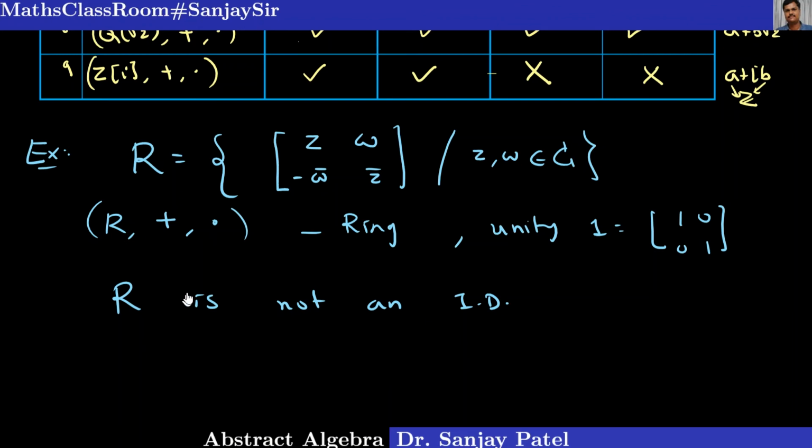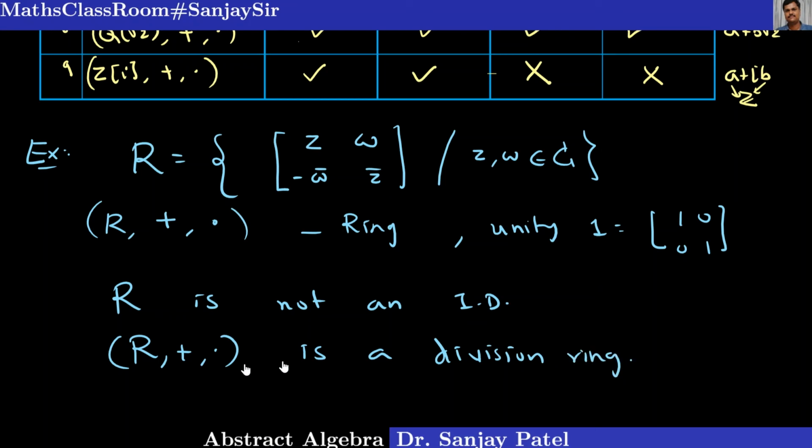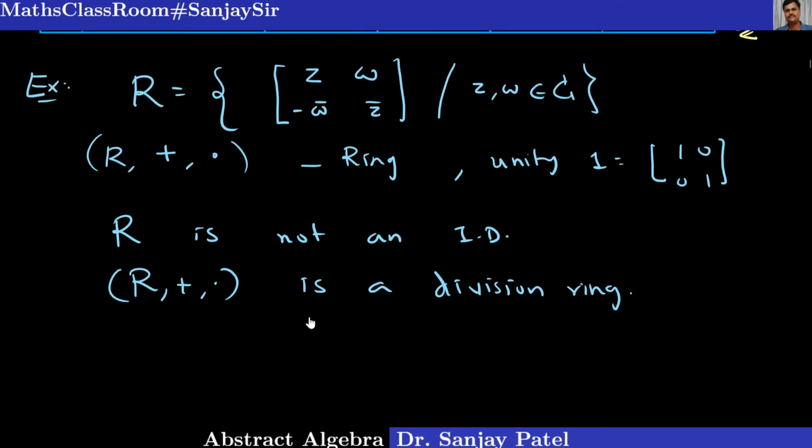But R is a division ring. This is an important example. R plus dot is a division ring. Means every non-zero element has a multiplicative inverse. We have also proved that